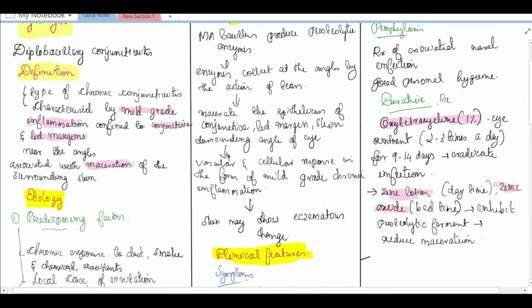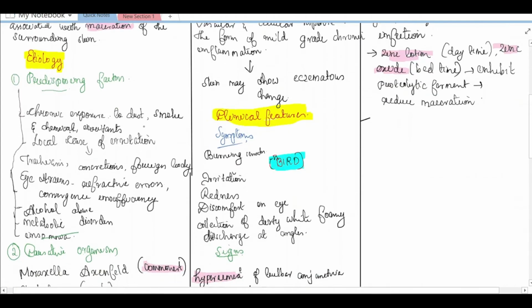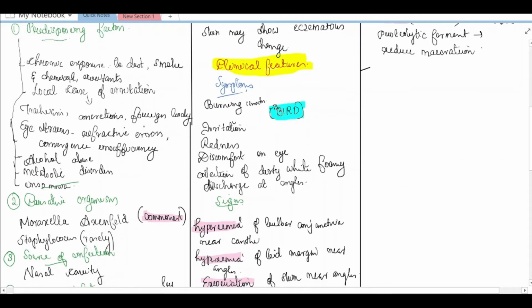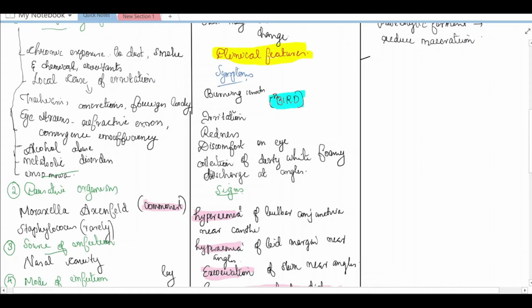Next, after the definition, you write about the etiology. In etiology, first you write the predisposing factors, that is chronic exposure to dust, smoke and so on, and the second one is local causes of irritation like concretions. The third one is eye strain due to refractive errors or convergence insufficiency, then people with alcohol abuse, metabolic disorders